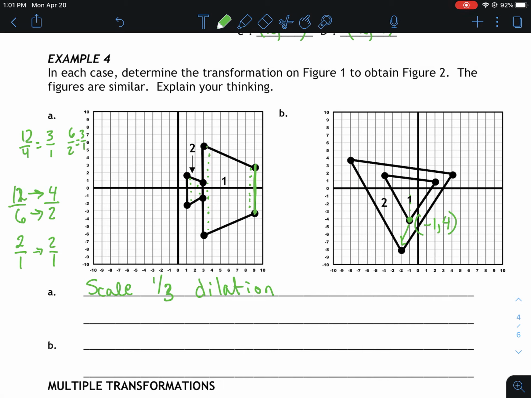Its counterpart would be over here, and that is at -2, -8. So when we look at this, we can see -2, -8 is actually 2 times the amount of -1, -4. So in this case, this is again a dilation, but in this case, it is a scale factor of